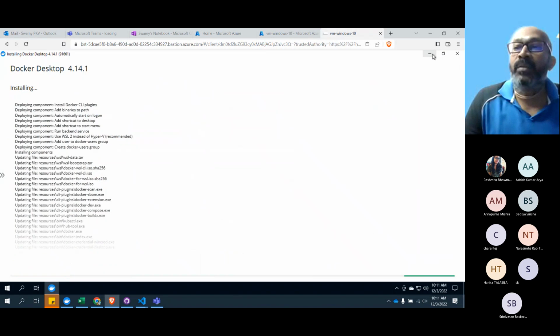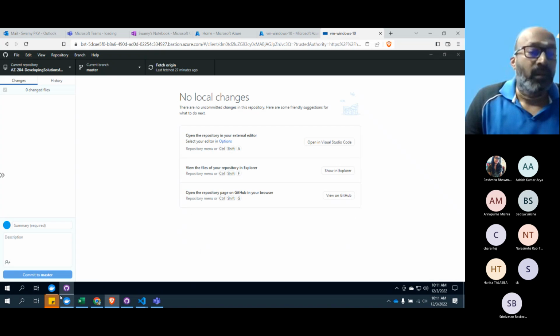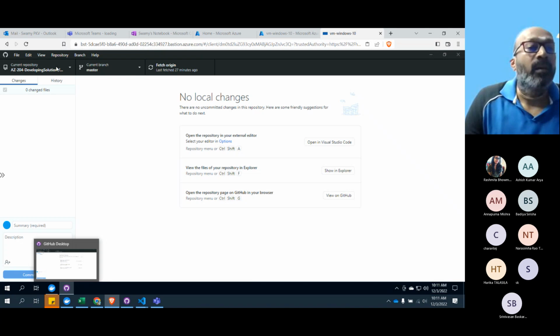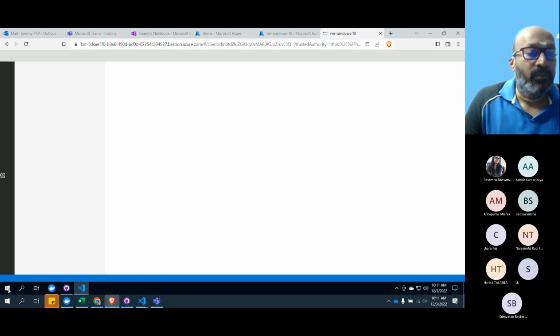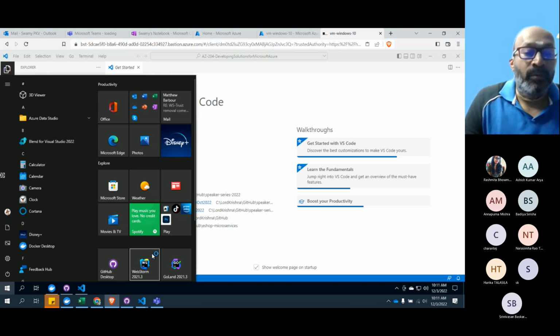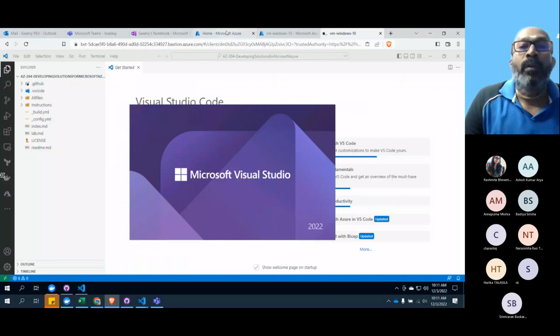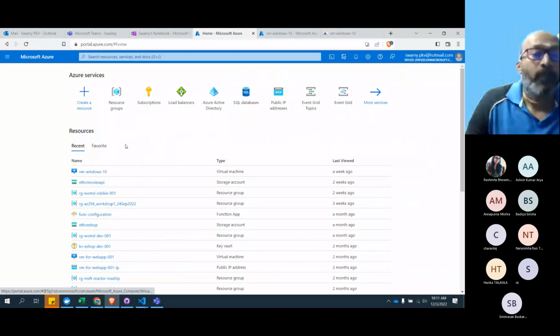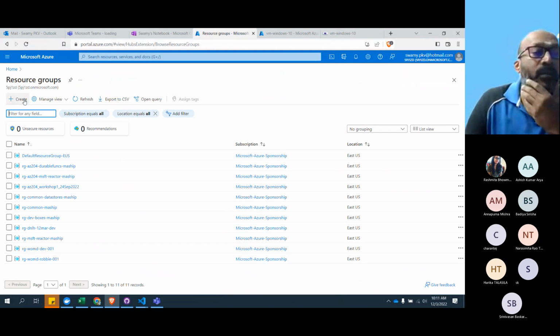So let me minimize this first and open the GitHub repository. And I will open Visual Studio 2022, and we'll go and create a new resource group. This is a new resource group which we are going to create.